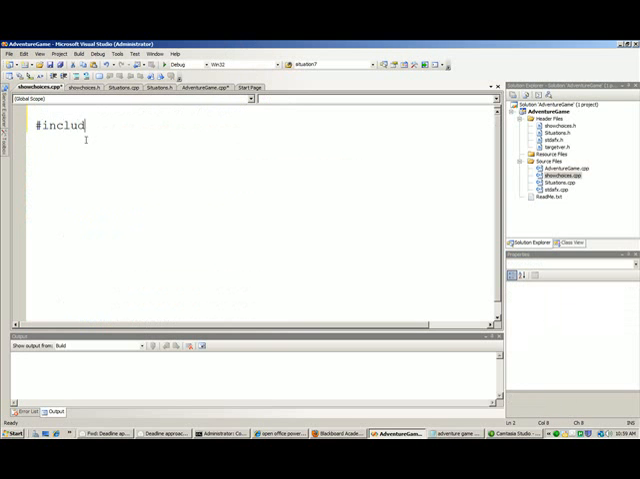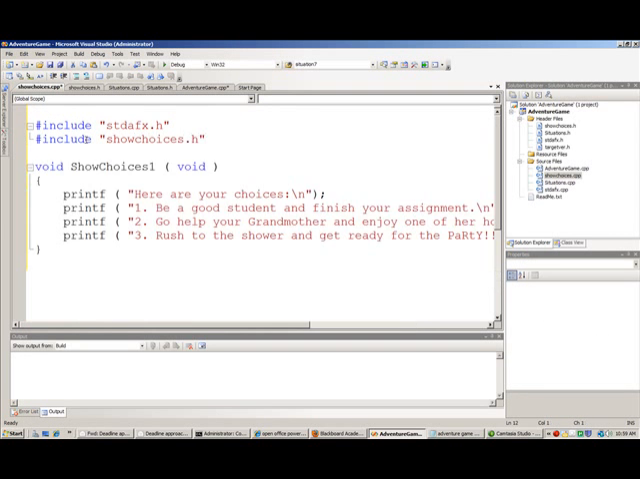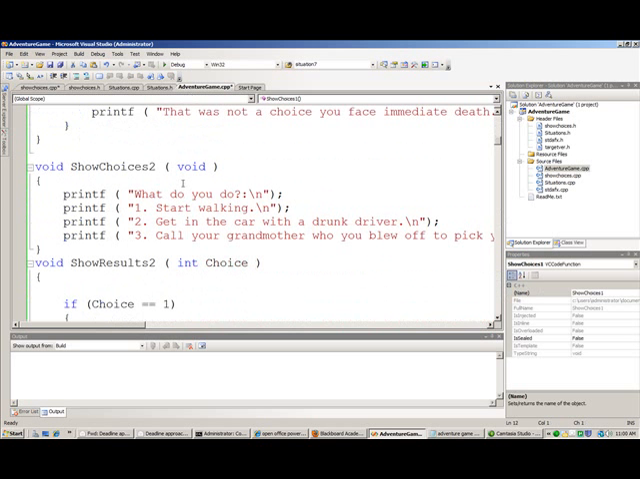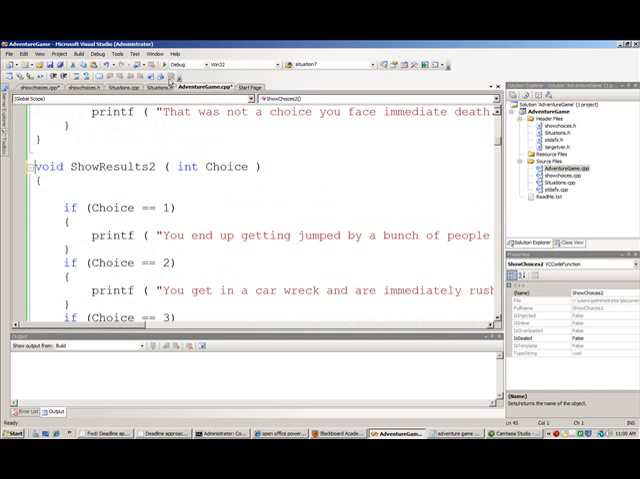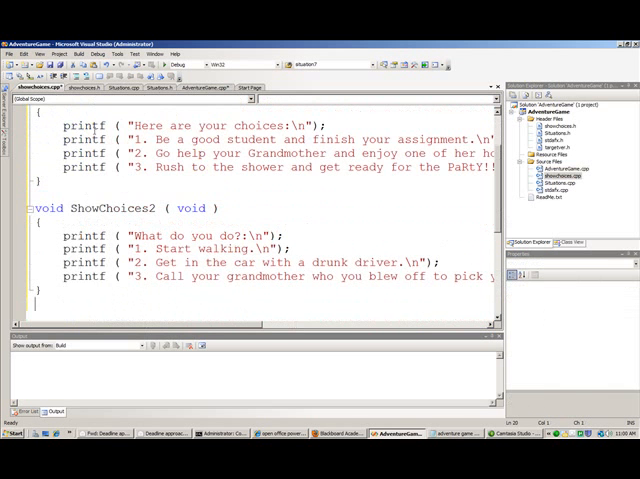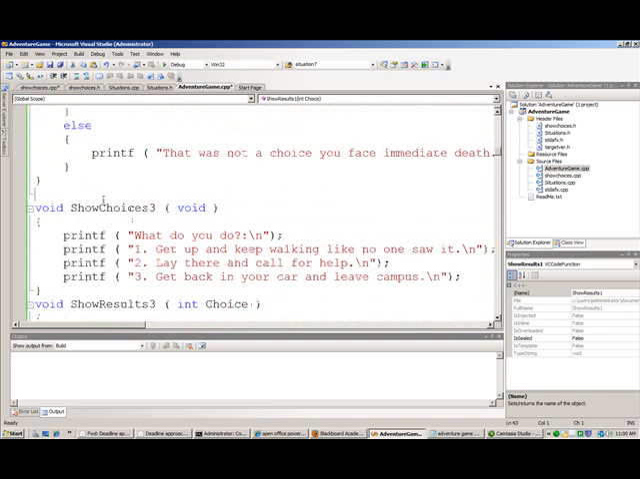Remember, we got to do those two includes up here. stdafx.h. Oops, little typo there. And show choices.h. Now I start pasting them in. Show choices 1, show choices 2, show choices 3,